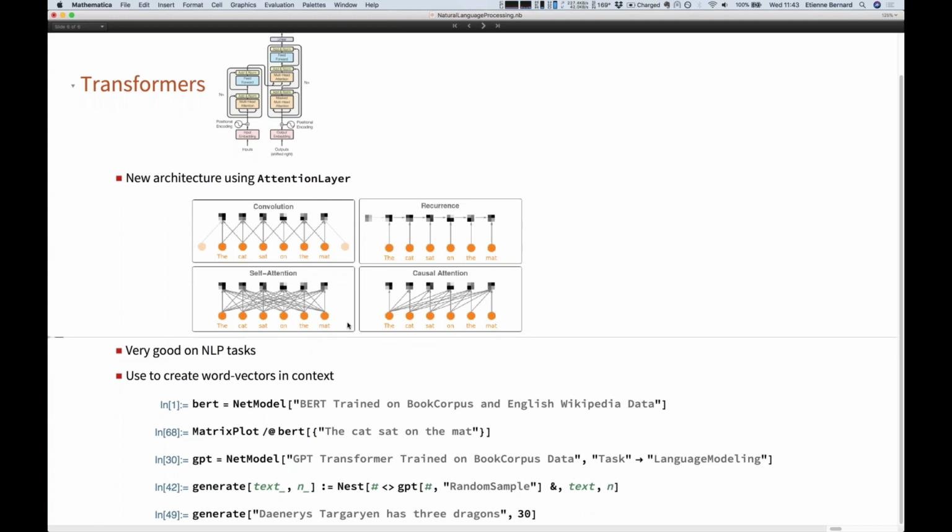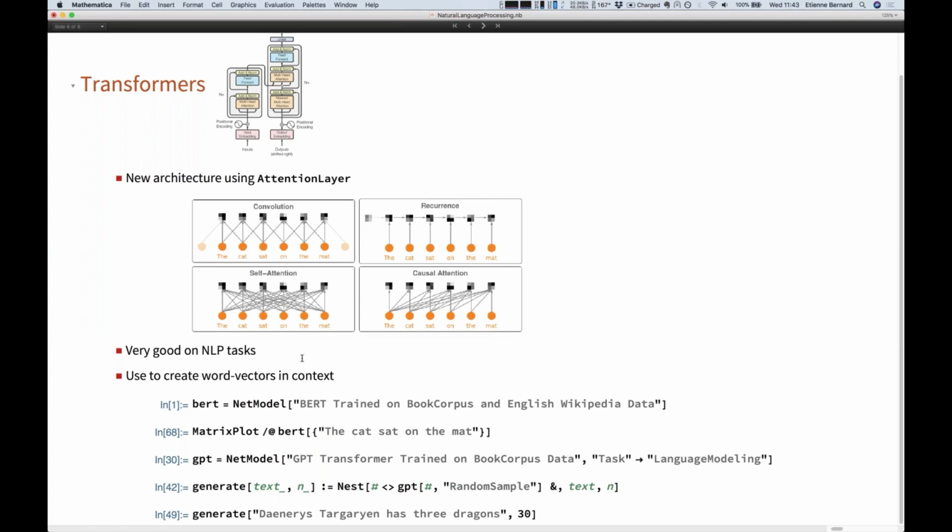There are two forms. There's classic self-attention, and there's causal attention, where the information only flows from left to right. This is necessary when you want to create a language model. You cannot create a language model with the classic architecture.